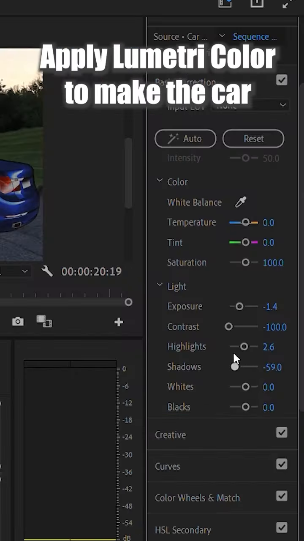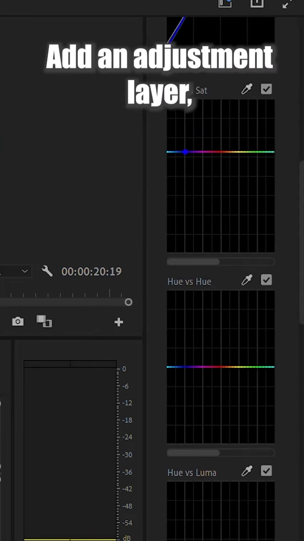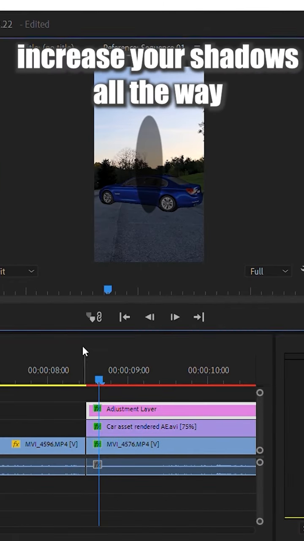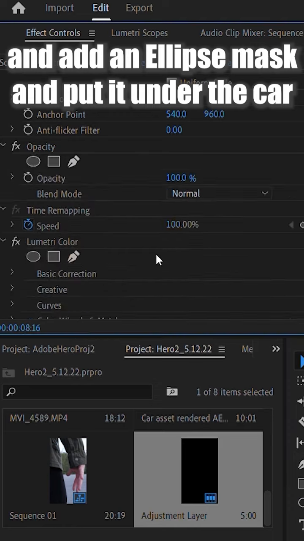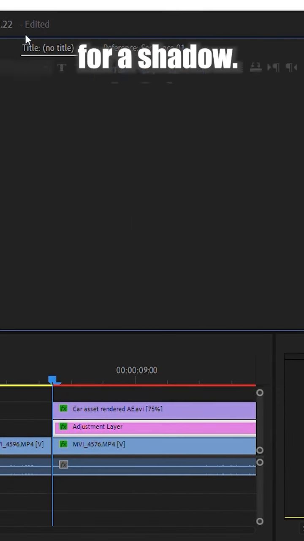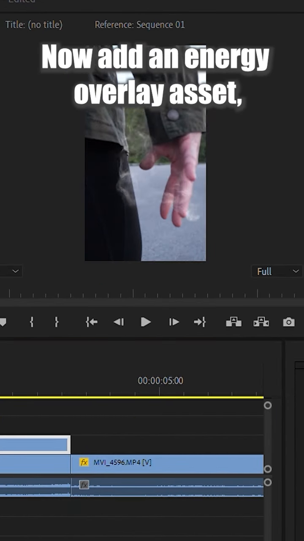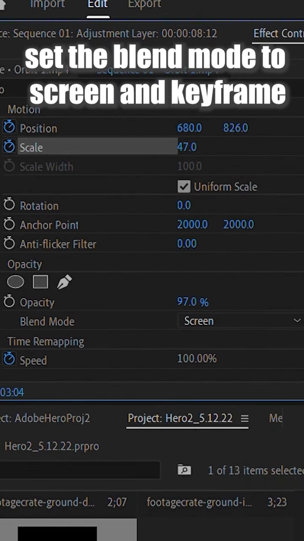Apply Lumetri Color to make the car match the background a bit better. Add an adjustment layer, increase your shadows all the way, and add an ellipse mask and put it under the car for a shadow. Now add an energy overlay asset, set the blend mode to Screen, and keyframe position to